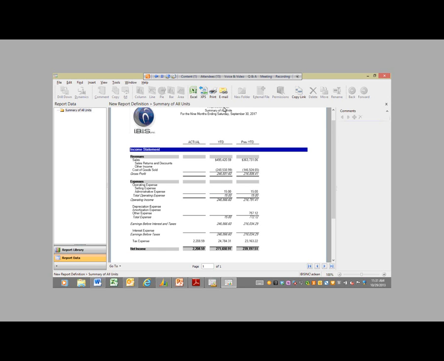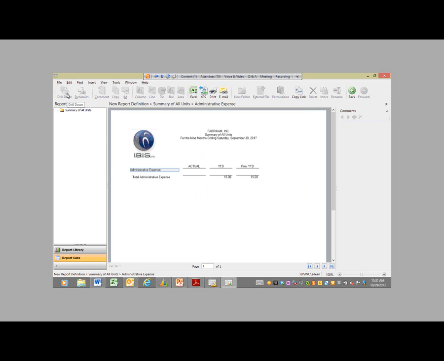But what I really wanted to focus on here in the viewer is our drill down options. So since we did pick at the transaction level for our generation, we are able to drill down into this document. So let's say we're confused about this administrative expense. We need to see where that's coming from. We can drill down into the viewer further by clicking that drill down button. We can also